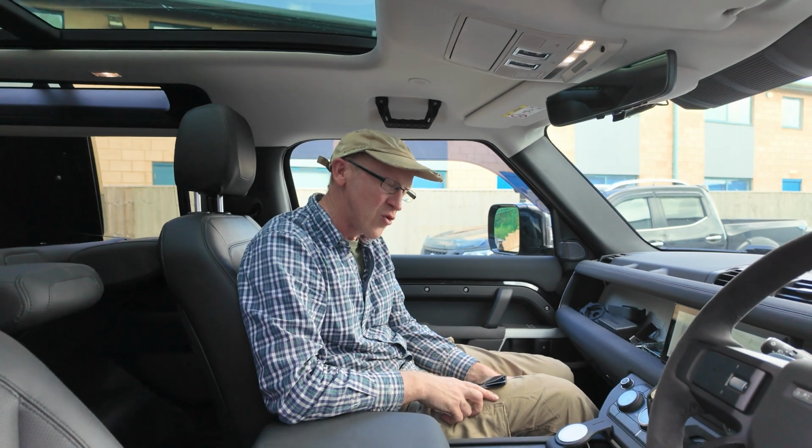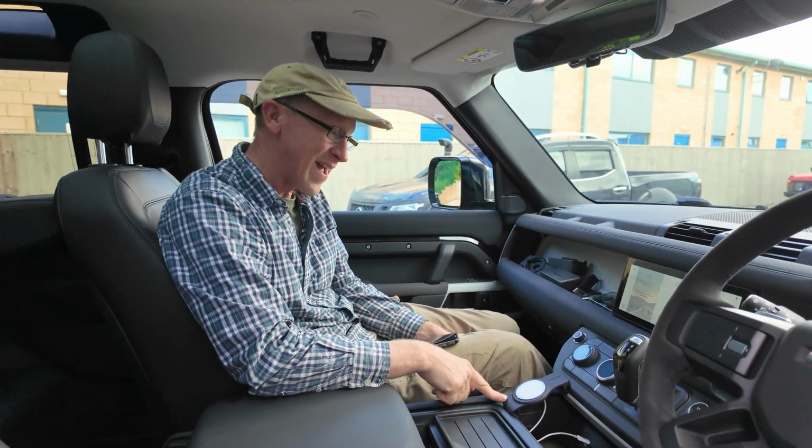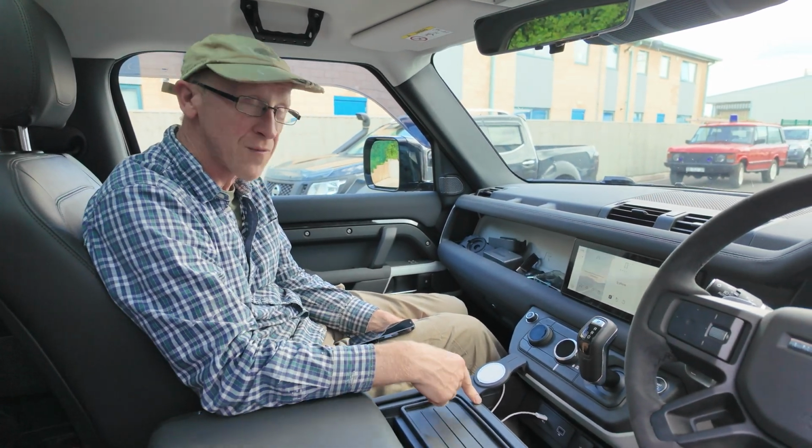Right, come in and join us. We are showing you today our latest product. Zach has been working on this, and it is a Magsafe charger for the new Land Rover Defender, the 90,